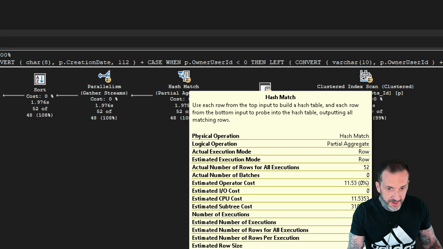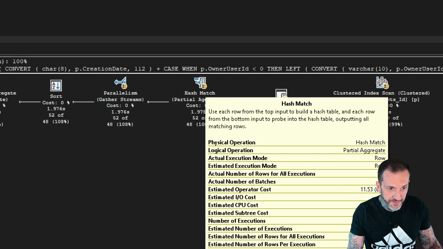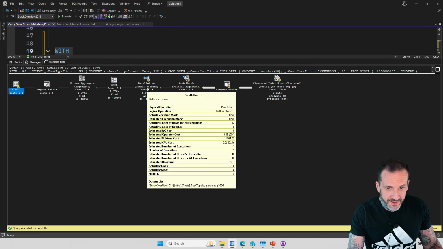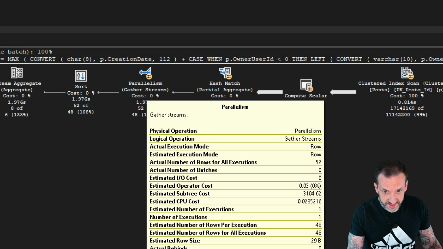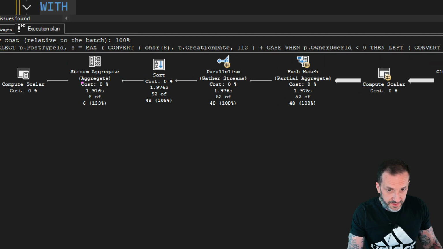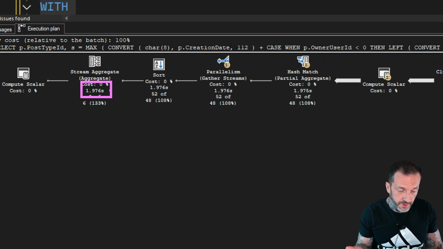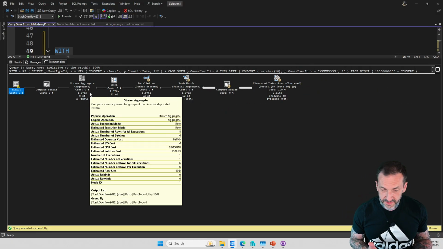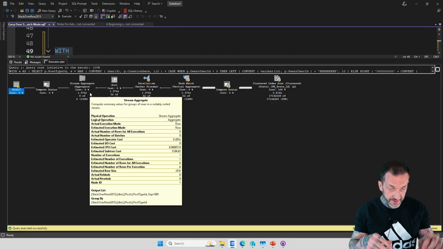The hash match aggregate, which is totally eligible for batch mode, still goes in row mode. And of course, parallel exchanges like gather streams don't support row mode. So this whole thing finishes in about 2 seconds without using any batch mode whatsoever. So back before batch mode was really a cool, useful thing, this was a good method to get the max